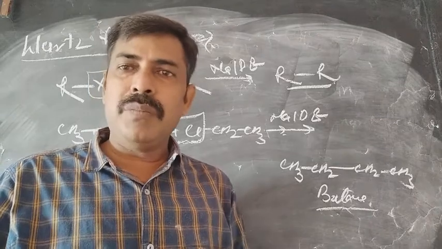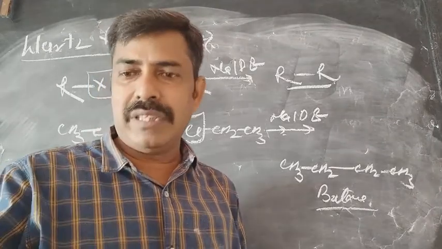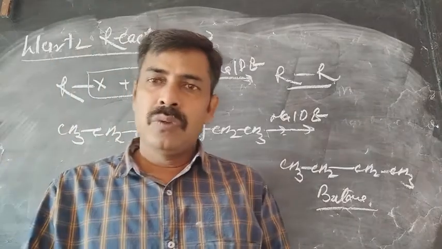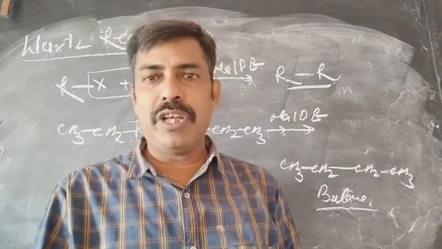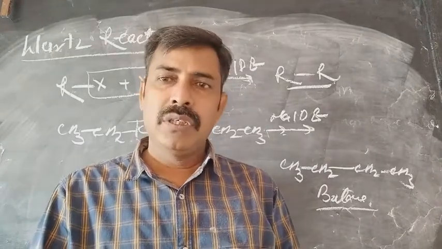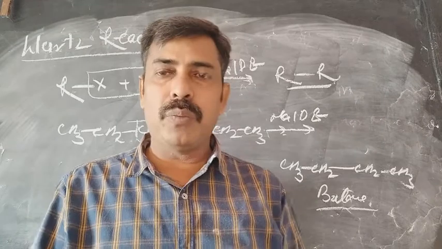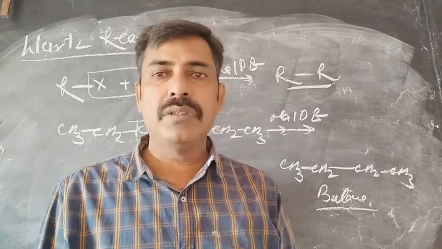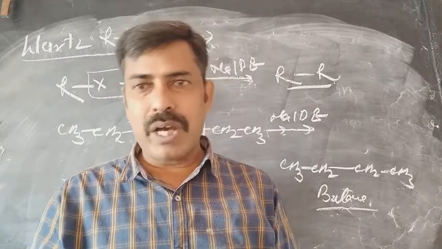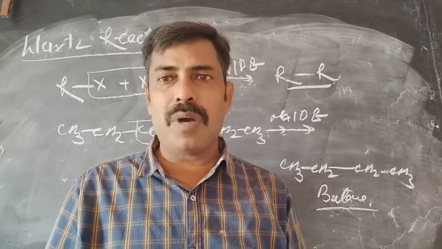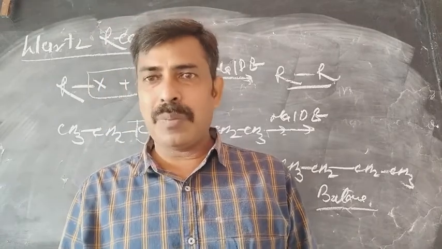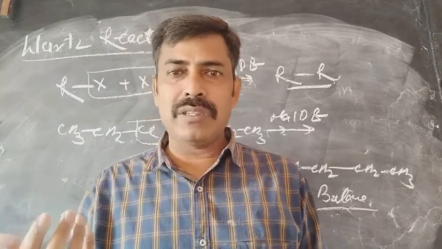The Wurtz reaction has some limitations. You have discussed this in the lower classes, class 11, and we are going to discuss it again. The Wurtz reaction has some demerits, some problems. The Wurtz reaction cannot be used for the preparation of odd carbon systems. If you are trying to prepare a system having 3 carbon, 5 carbon, 7 carbon, that is an odd number of carbons, that's not possible. A 1 carbon system cannot be prepared by such a combination reaction.